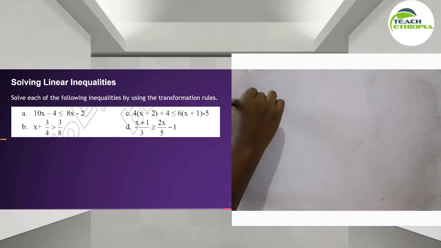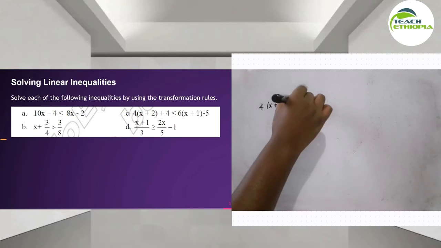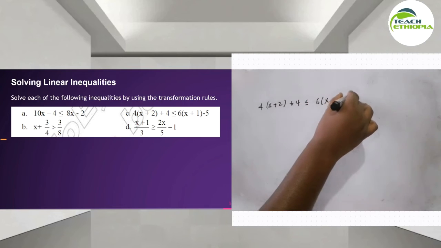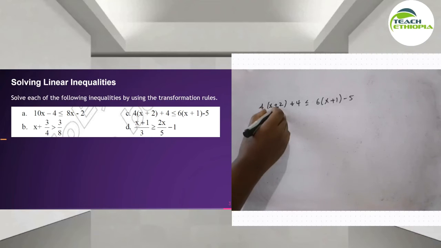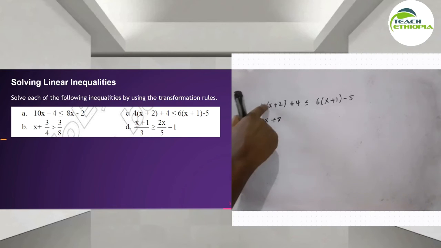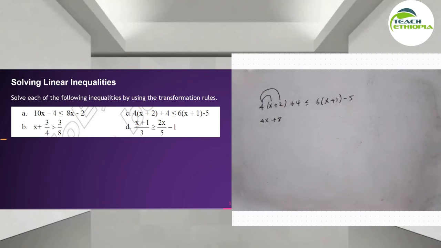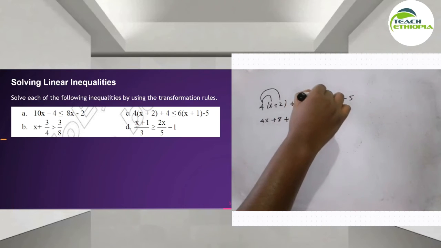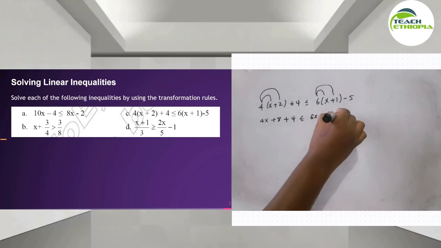so ሲን ስንመለከት 4 into x plus 2 plus 4 less or equals to 6 into x plus 1 minus of 5 so በዚህ ላይ ትራንስፎርም እናርጋቸው፣ ዲስትሪቢዩት ወደ ውስጥ እናርጋቸው። this is going to be 4 times x ይሆናል 4x, 4 times 2 is going to be 8 ፕላስ ይቀራል 8 ነው less or equals to ሲሚላርሊ 6x plus 6 minus 5 ስለሚቀር